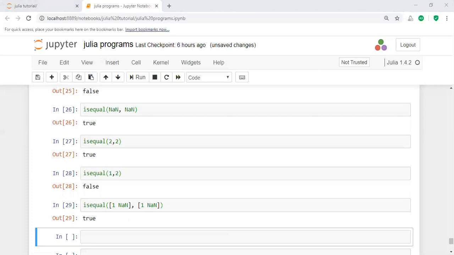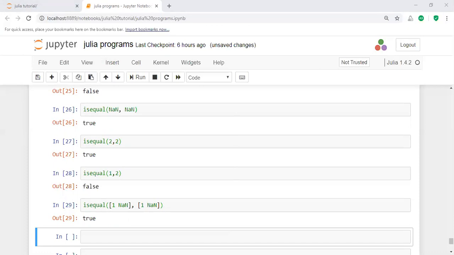This is something about the NaN values. Sometimes isequal can be used to distinguish signed zeros.